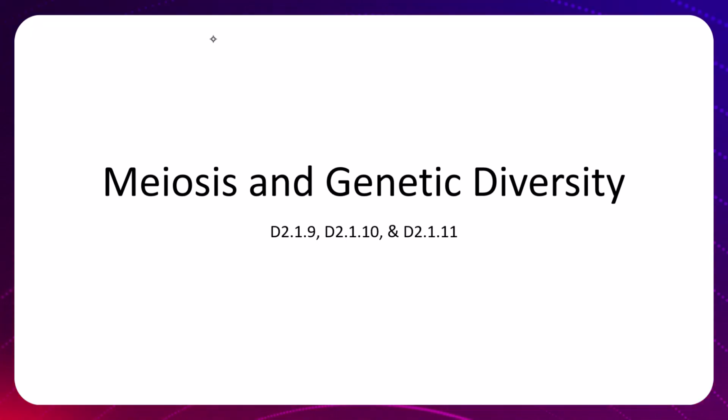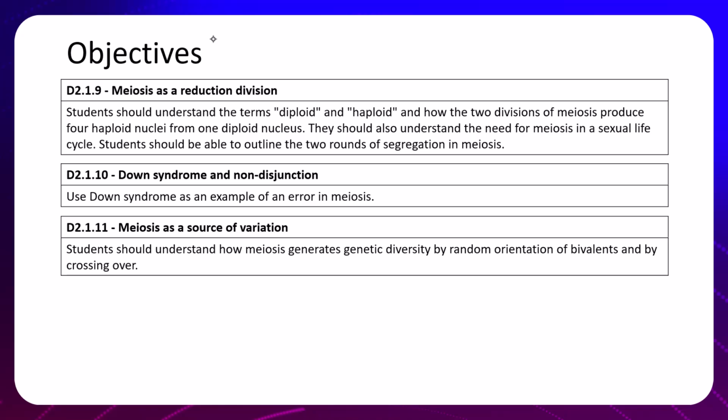Hey, Mr. P here. In this video we're going to talk about meiosis and genetic diversity, so specifically objectives D2.1.9, D2.1.10, and D2.1.11. In our past videos we've talked all about cell division, we've talked through mitosis, we've talked through DNA packaging, we've talked through a lot of things that have led up to meiosis and how meiosis results in genetic diversity. And so if we look in more depth at the objectives, we're going to notice that D2.1.9 specifically